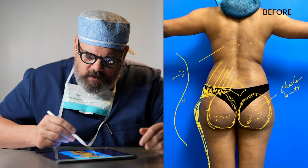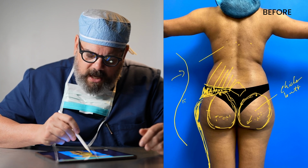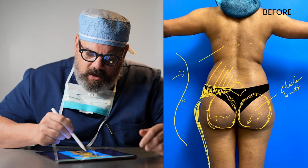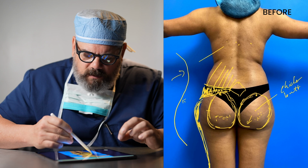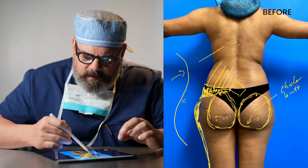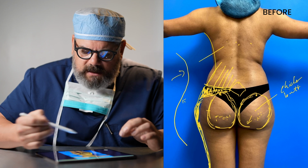She doesn't have a huge key area here, but she definitely has one. And so I'll lipo through that area to remove that. And then with the fat, she has pretty good volume. In her situation, this is going to be really focusing a lot on the shape. And so we want to lipo through the key area to get that roundness, and then we want to add into the hip to get that fullness there, and then make that whole line just nice and as smooth as